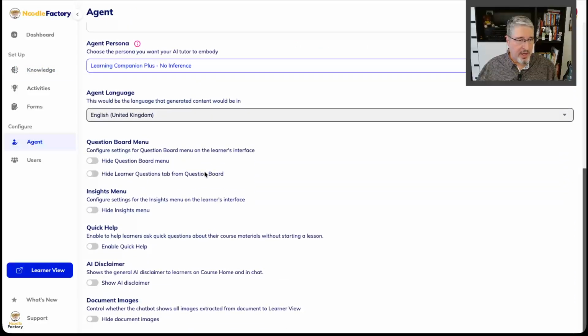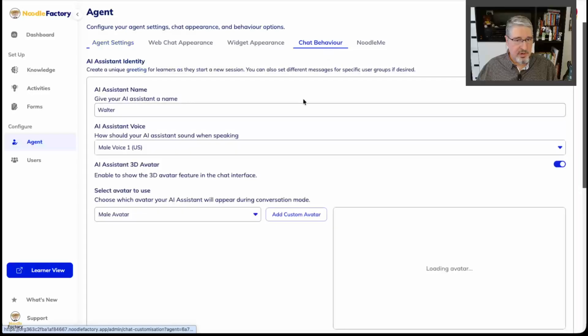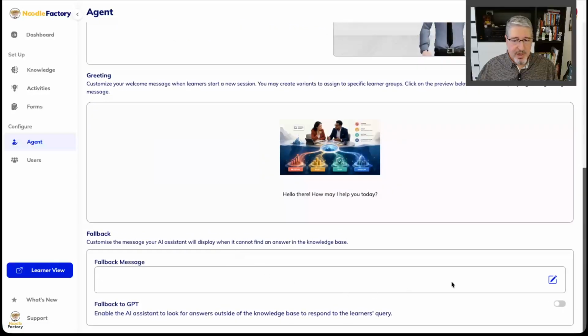Under chat behavior, I could turn on what's called a fallback to GPT. This would allow a student to go outside of the content that I've prescribed, or that I'm using to set up the tutor, and therefore, by definition, in my case, using to teach my class. I could turn this on, and students would be allowed to go outside.